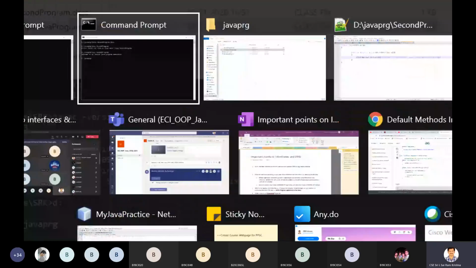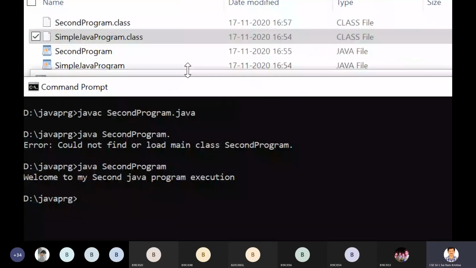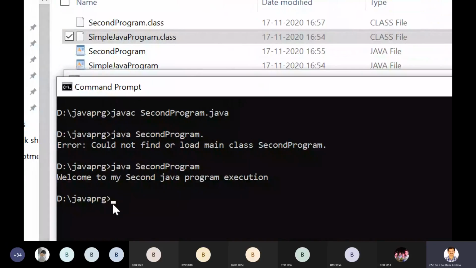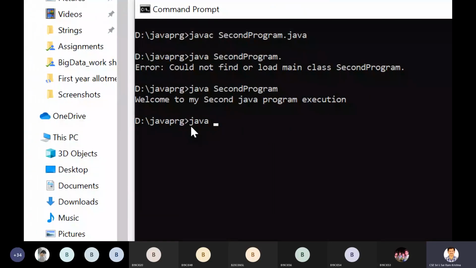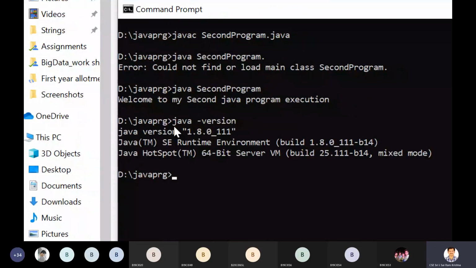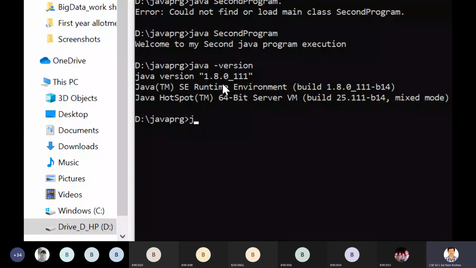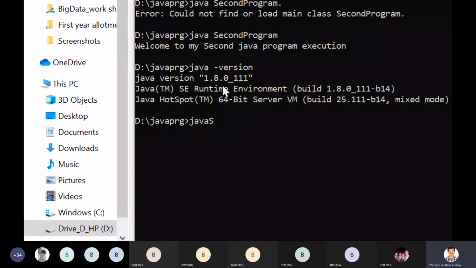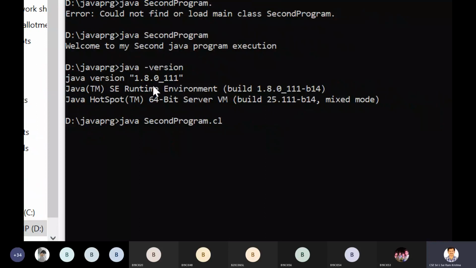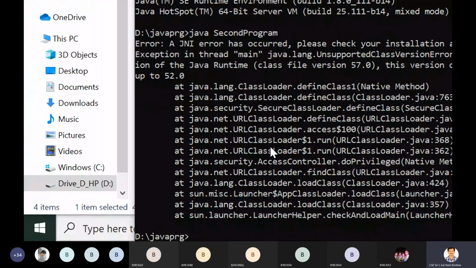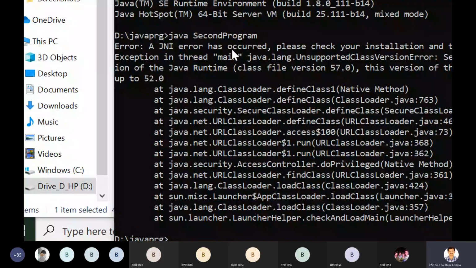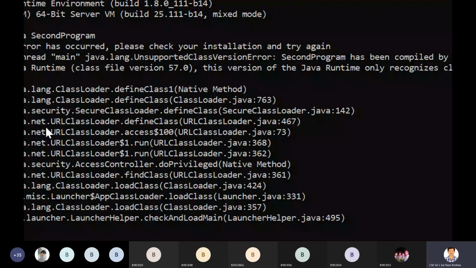Working. Now let's move ahead with another command prompt which contains Java version 1.8. Now let me check it out. Can I execute directly the second program here? Let me check it out. See, it's giving an error. What error is it? It's saying that